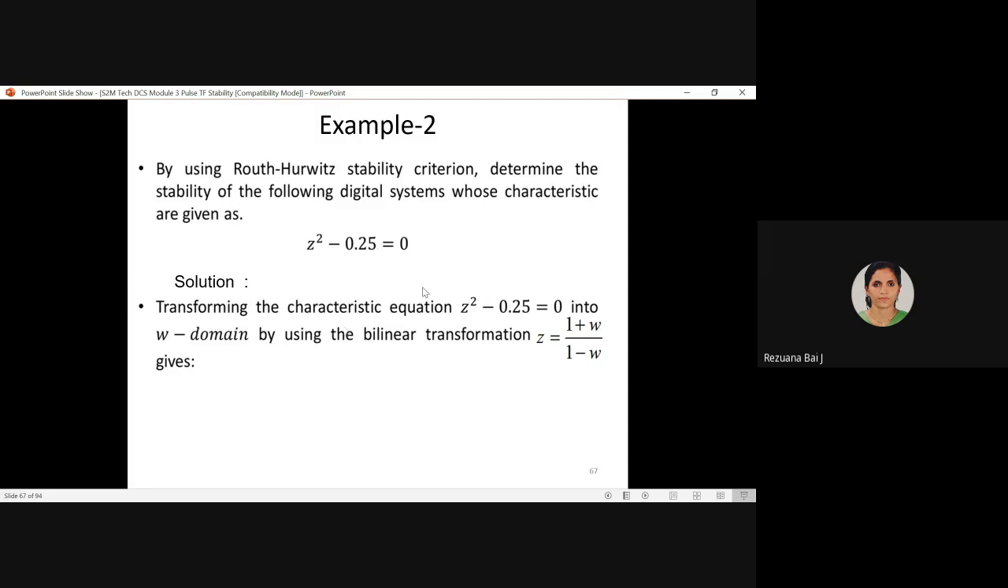So transforming the characteristic equation z square into the W domain using the bilinear transformation, you have to do this: you put z equal to 1 plus W by 1 minus W, the whole square, minus 0.25 equal to 0. I have done it, and you get